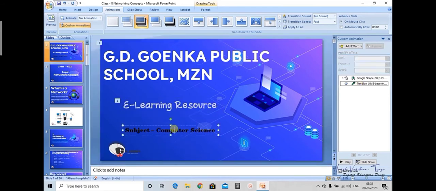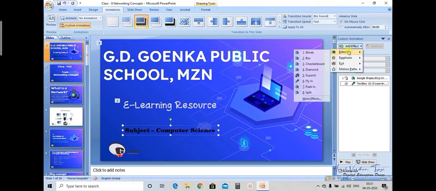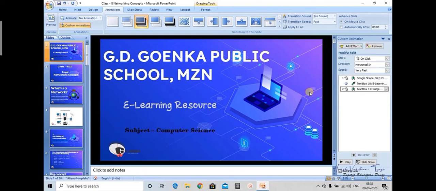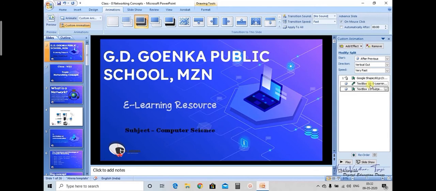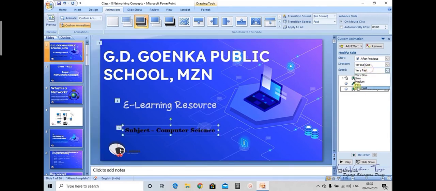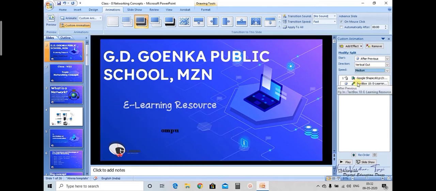Now I am selecting the third object on my slide, entrance. Now I am clicking the split effect, after previous, vertical out, anything you can select, and speed medium.